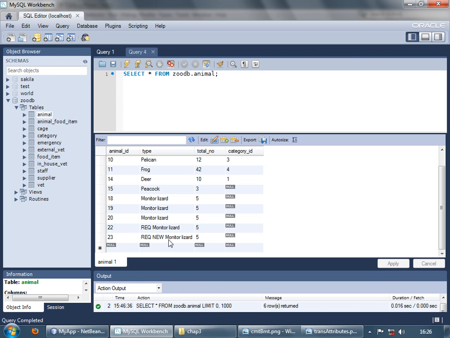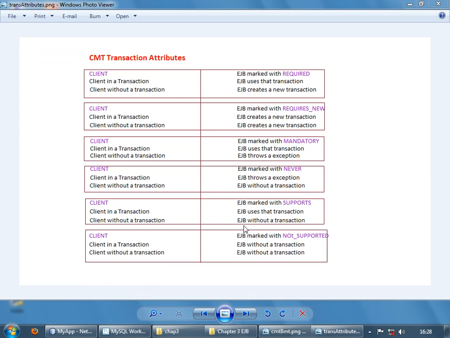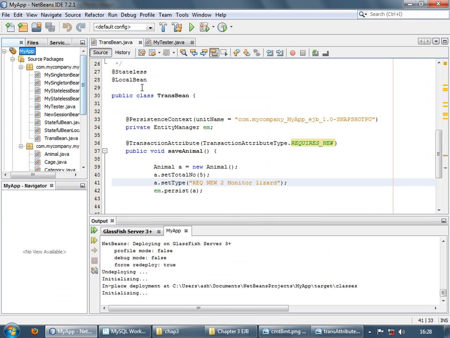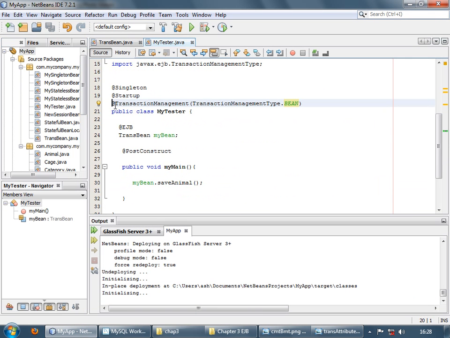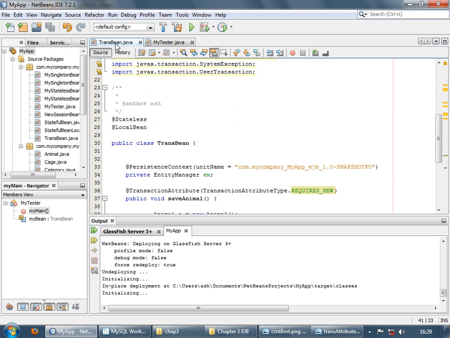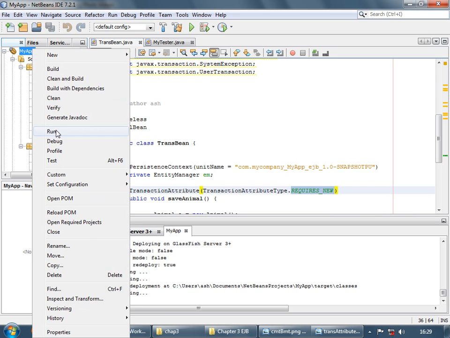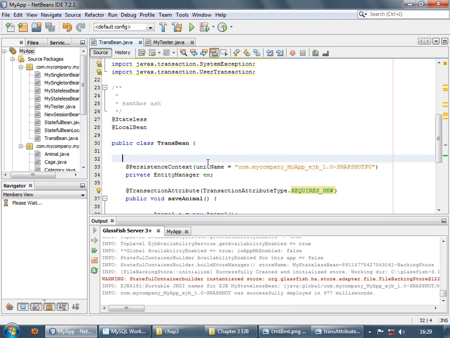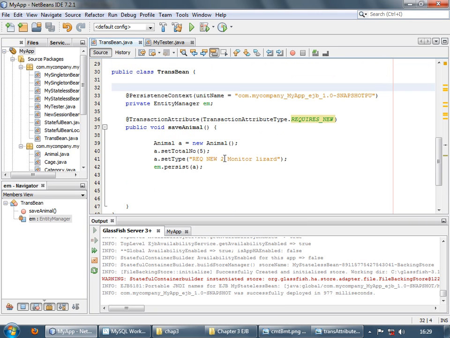And here's the output of requires new when the client starts a transaction. The next case is client is without a transaction and the EJB is marked with requires new. So only thing we have to change is we have to uncomment this out. So bean means you have to manually start and commit the transaction, which we aren't doing. So basically the client is not executing in the transaction and it's calling a method with requires new. So let's save and run this application. I have changed this to requires new too,